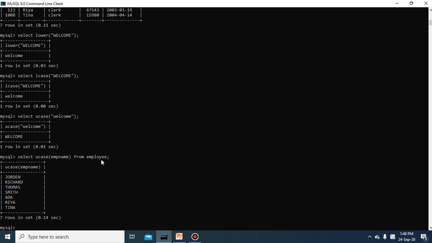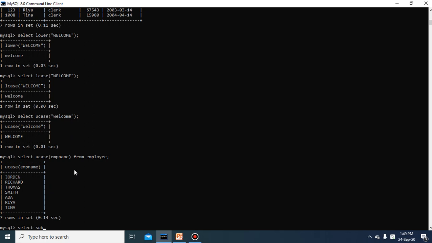If you are using any table data, you must provide the name of the table. If you are providing a direct string, then this particular string does not belong to any table, so you are not going to write the table name. You need to take care of that, okay. So ucase, lcase. The next and very important function is substr, which I told you about in the slide.